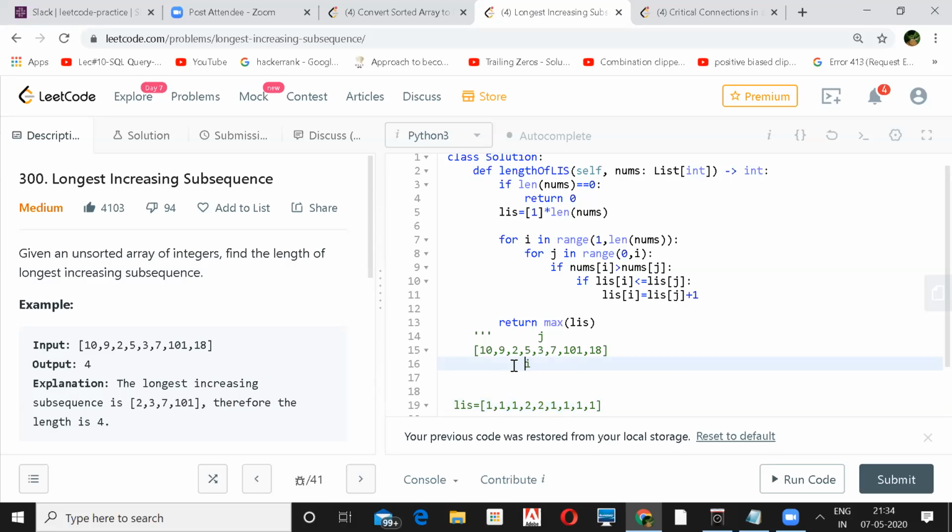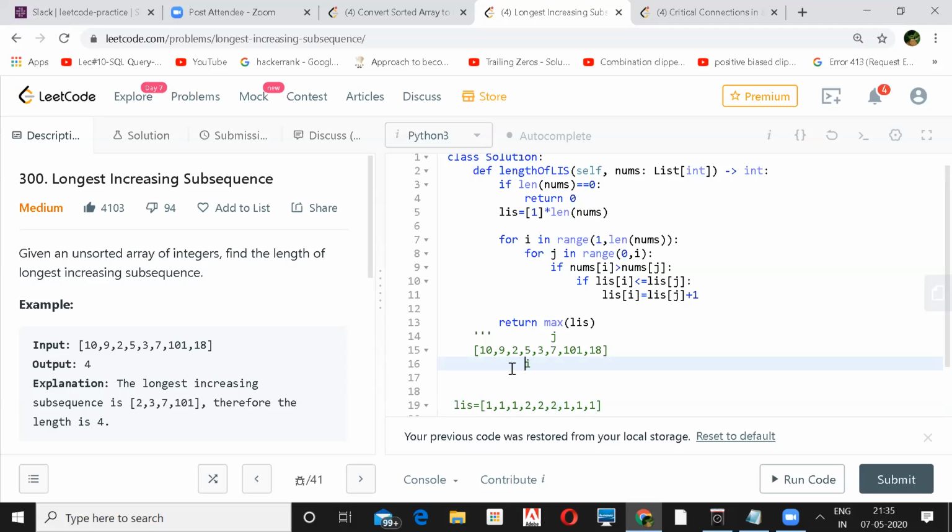Now when you increase to 5, you check, at 5 you have 2, right? But 5 is greater than 3, so you won't be able to use it. Once it reaches j, you will expand this to here, and you'll go back to the 10. Now again 10 you can't, this also you can't. Now at 2, since 7 is greater, if you take 2, till 2 you have 1, and if you append 7 to that you'll have 2, and 7 alone you'll have 1. So the maximum of those 2 will again be 2.